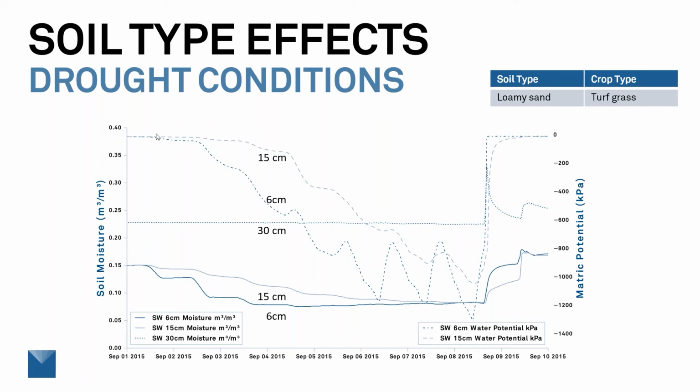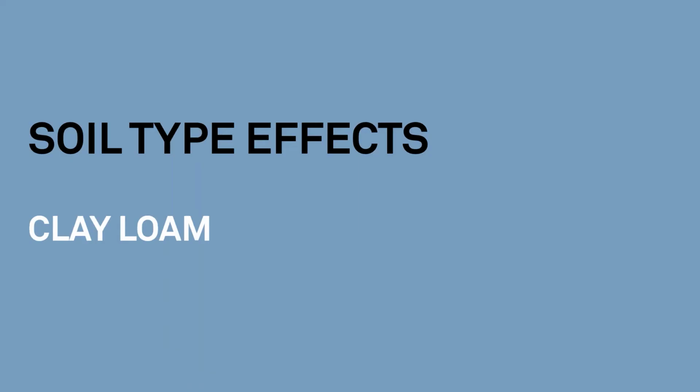And of course, here in our water potential, we see a really interesting curve now where we're moving the water potential down into the lower regions near negative 1500 kPa, or permanent wilting point. So we've actually caused a dormancy in this grass because the water just isn't available for the grass to take up. And again, we're seeing all this great picture out of the water content sensors, and we're seeing what's happening in terms of matrix potential and the fact that there isn't water to take up, but they didn't respond until the soil got very dry.